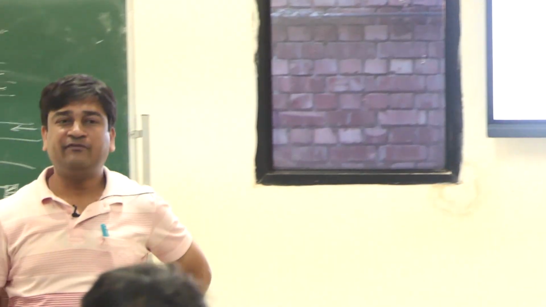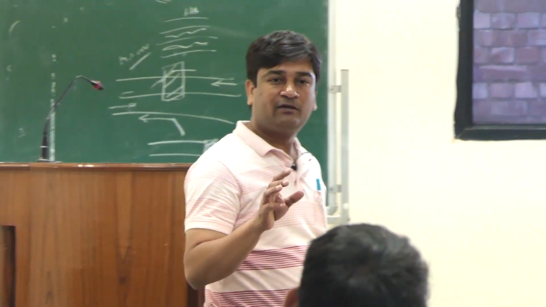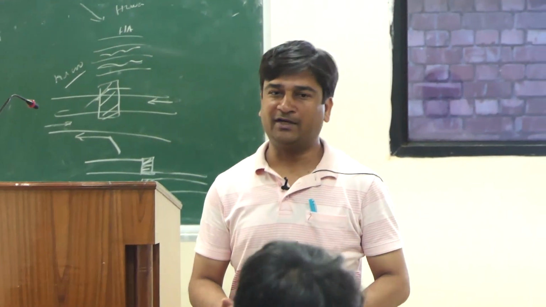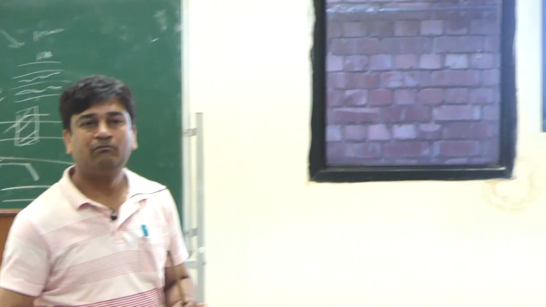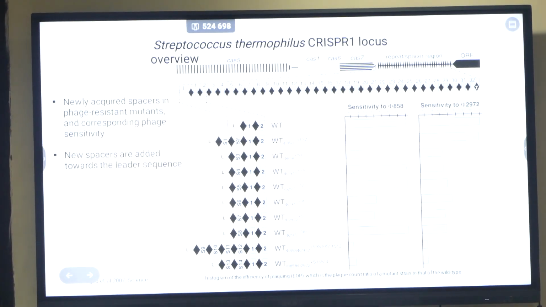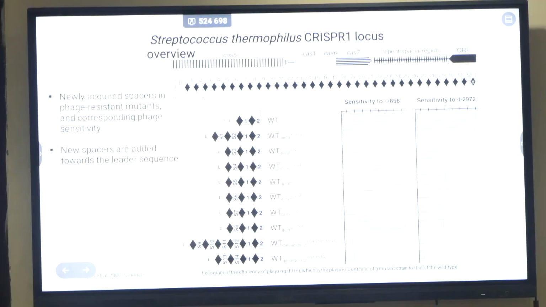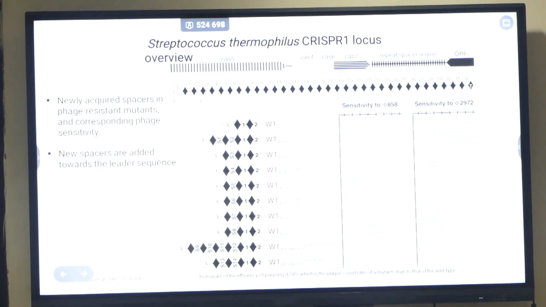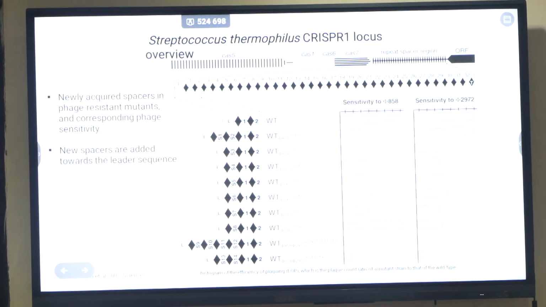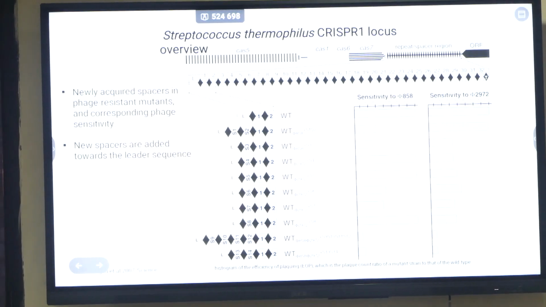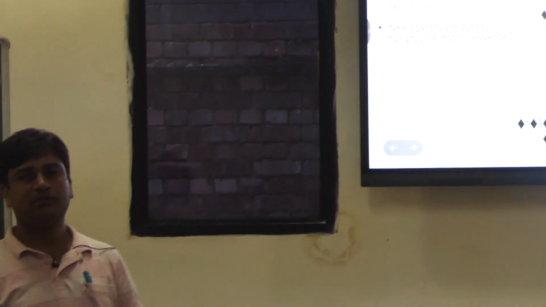Okay, so now the last one that we are going to discuss, and the one that you all are familiar with, is the CRISPR-Cas9. So I hope you know how CRISPR-Cas9 works. Anyone who wants me to tell how CRISPR works? So CRISPR, can you explain CRISPR? Sequence will be specified. Clustered regularly